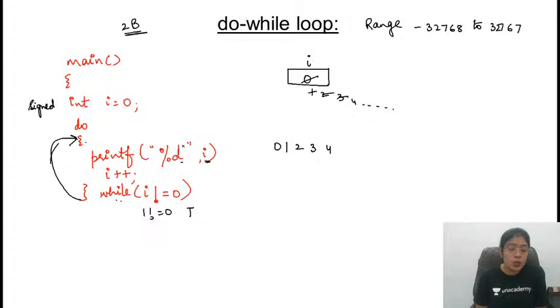65535 is the upper value in case of unsigned, but here it's not mentioned whether this is signed or unsigned, and as already discussed with you, by default it is signed type. So you have to consider this range. Now tell me what will be the output. This keeps on increasing. It reaches 32767. As soon as 32768 comes,